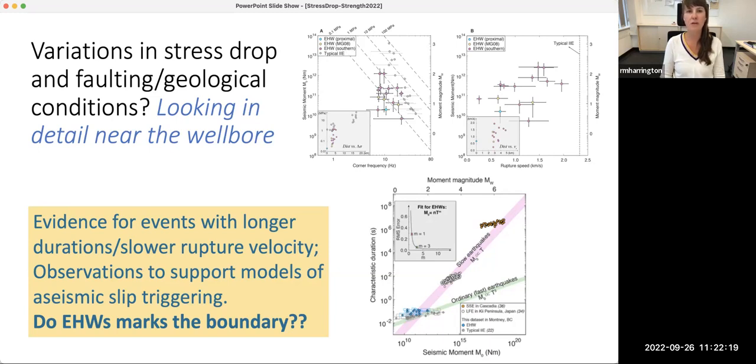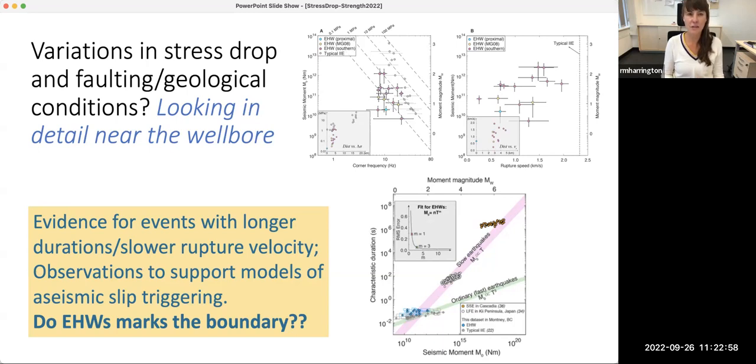There's been some modeling work and more recently some observational work with geodetic means by Thomas Ayer and Dave Eaton and others, which have inferred that there is in fact aseismic slip associated with injection activity also in the Western Canada Sedimentary Basin. Modeling work has also suggested that there is aseismic slip going on close to the wellbore. And so if faults really do slip at a continuum of speeds, probably where you have a high